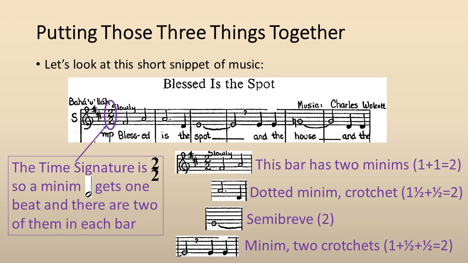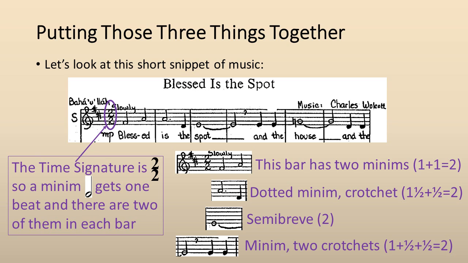Let's work through the example shown. The time signature here is 2/2. That means that there are 2 beats per measure, the top number, and that a minim, the empty circle with a stem, is equal to 1 beat. So in each bar we would expect to find notes and rests that add up to 2 beats. Let's look. The first bar